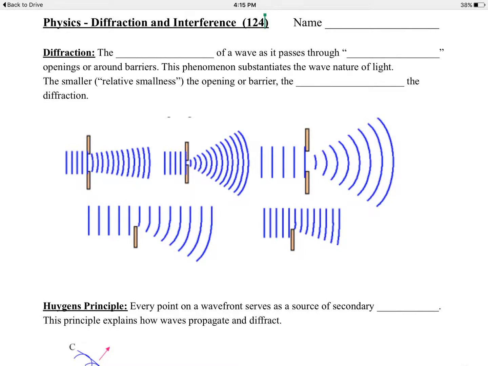Diffraction. Diffraction is the bending of a wave as it passes through a small opening or around a barrier. This phenomenon substantiates or supports the wave nature of light. Now, I have the word "small" here in quotation marks. The smaller, or the relative smallness of the opening, the greater